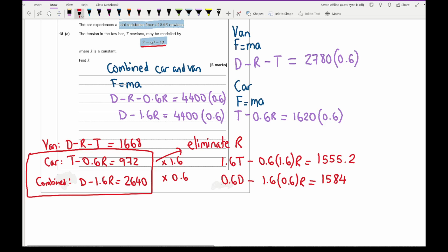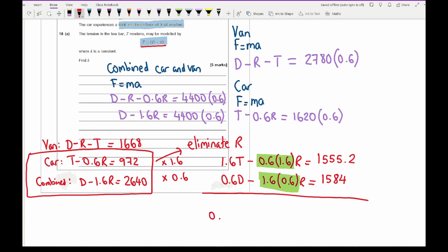And what that's done is it's allowed the coefficient of R to be the same in both of these equations, because it would be 1.6 times 0.6, and the signs are the same, so we are going to subtract those simultaneous equations. So if I subtract the first line away from the second line,